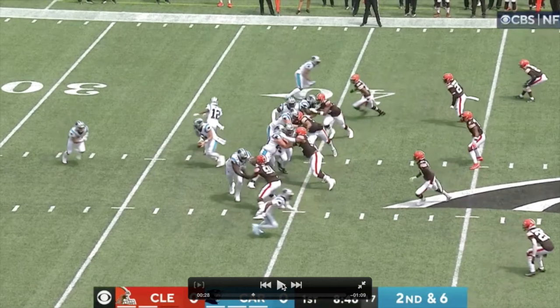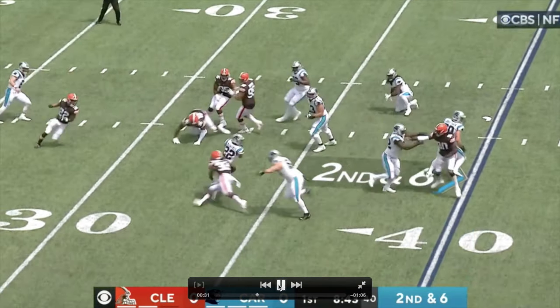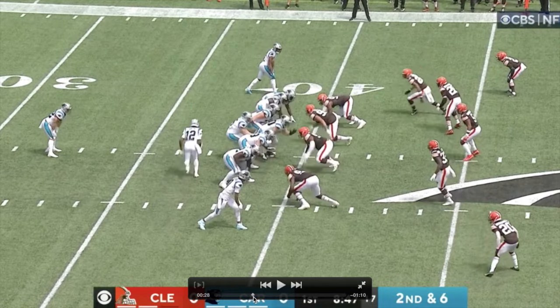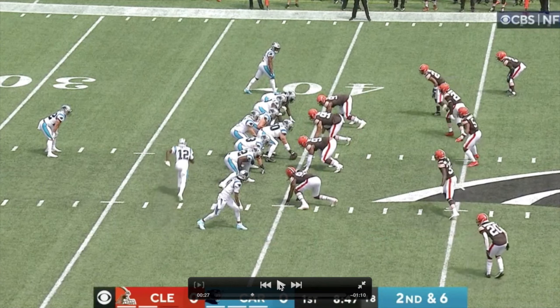Okay, right here we have a screen to McCaffrey. Something that I don't like, as someone who designs plays for the team that I coach, admittedly not anywhere remotely close to this level, I don't like faking play action, faking runs and then throwing screens to the runs very often. And it's because it draws the attention of the guys that are going to make this play a lot more difficult